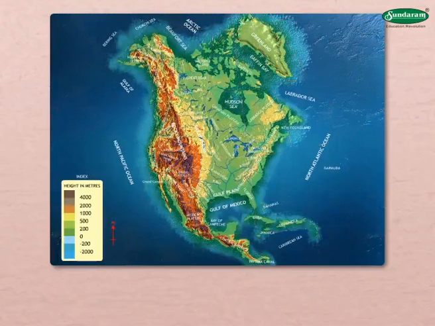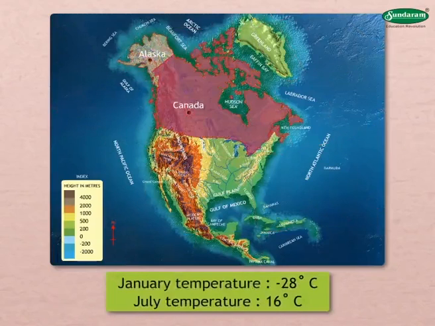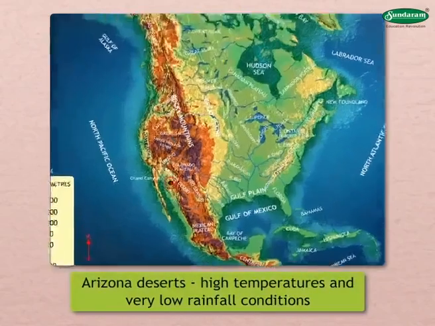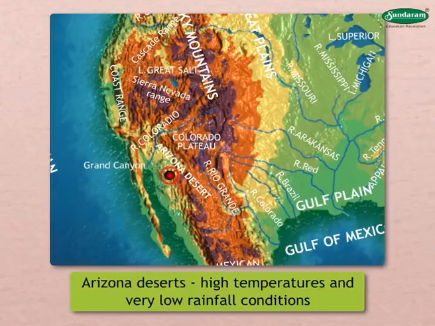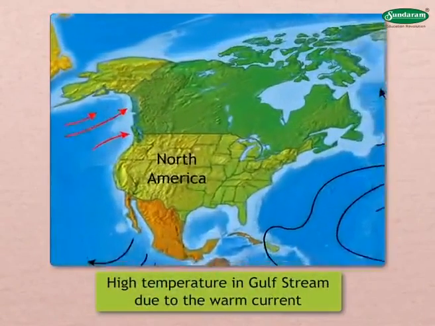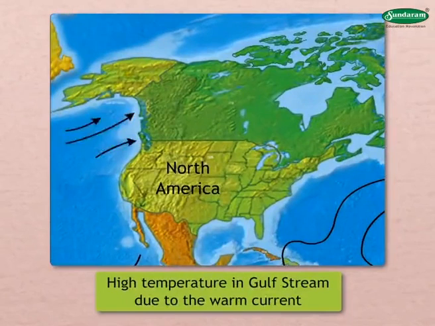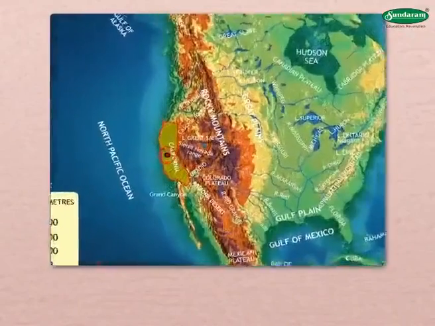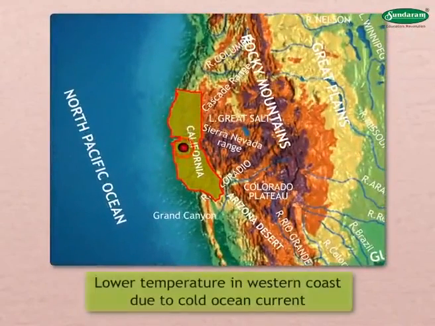In the north, mainly in Canada and Alaska, January temperature is as low as -28 degrees Celsius, whereas in July, it is 16 degrees Celsius. In Arizona deserts, located in the southwestern part of the continent, high temperatures and very low rainfall conditions prevail. Due to the warm current, the Gulf Stream that flows along the eastern coast of USA, temperatures there are high. In California along the western coast, the temperatures are relatively lower than those of the eastern coast because of the